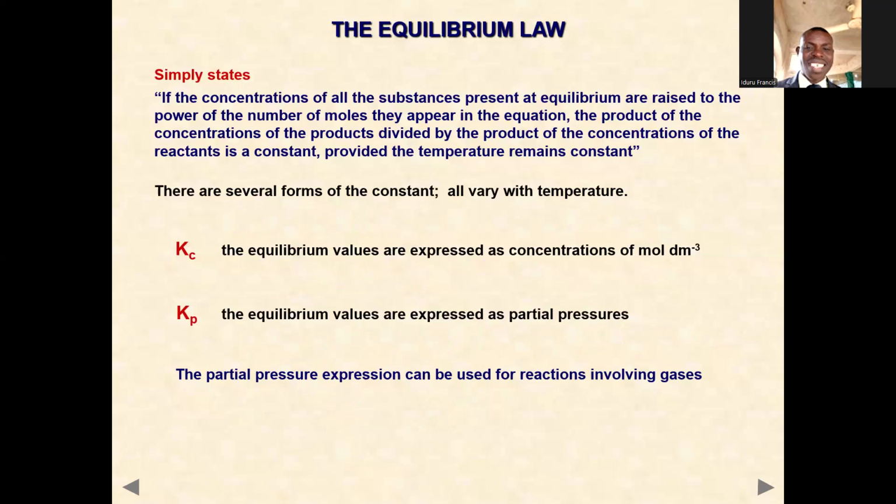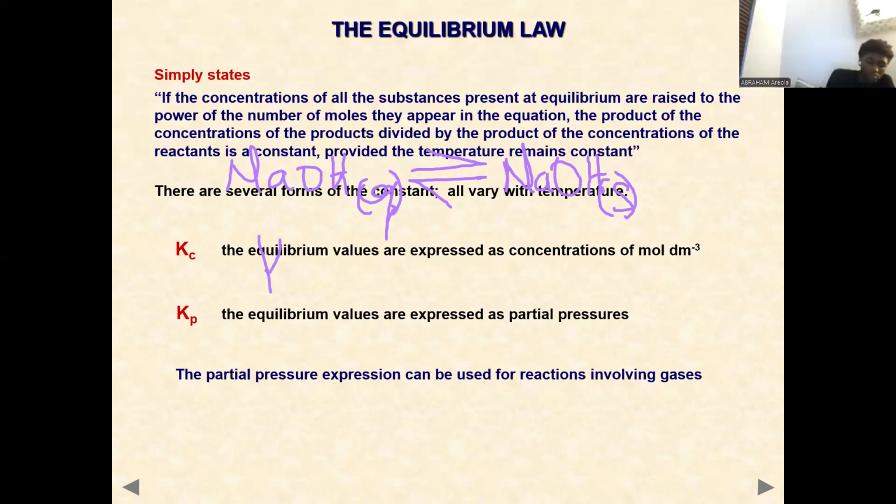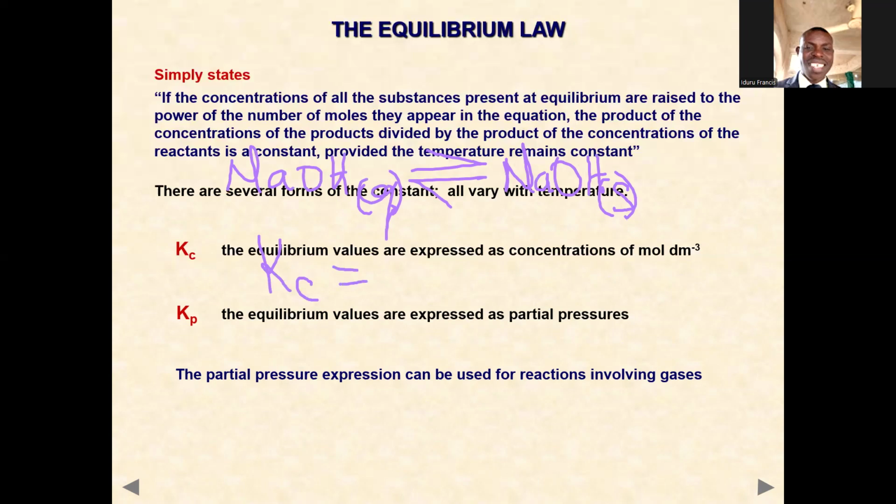That is for solutions. Say you have something like an equation in solution, like sodium hydroxide aqueous, in equilibrium with sodium hydroxide solid. To write the Kc like this, we will say that the Kc is equal to the concentration of